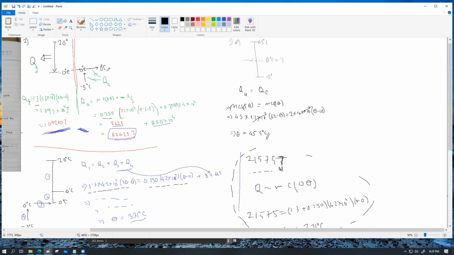but we are still going to have some amount of heat left, because the idea was that the hot object is going to give up heat and the cold object is going to absorb heat, and eventually the heat loss and heat gain would be equal. But if we consider that this object was brought down to 0 degrees Celsius, all the heat that would have been given up by the hot object would not be absorbed by the cold object. How much heat would we have left? We would have this much energy left, right? 21575. This amount of heat energy we would have left, which means the actual temperature of the mixture would not have been